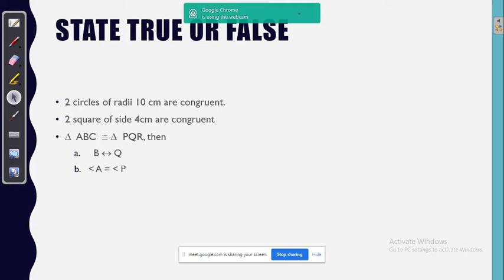Why so many are not answering? I would like to see all the answers now. Okay, even I am getting reasons. Good. Gayatri, I am not seeing your answer also. Gayatri, can you tell me the answer? Is this a true statement? Yes, madam. Okay, why do you think these angles are equal?